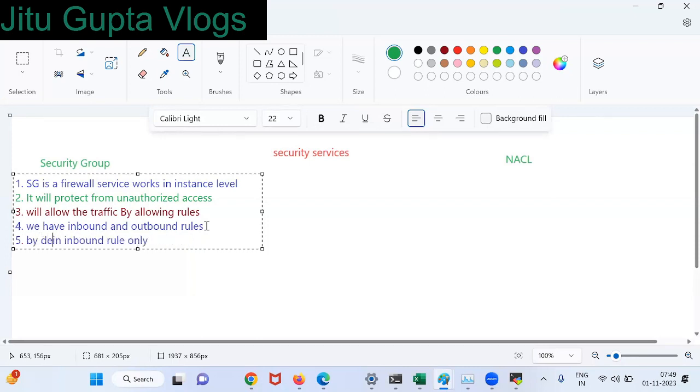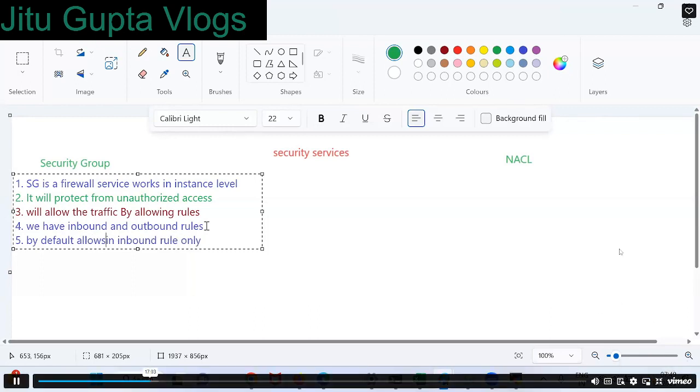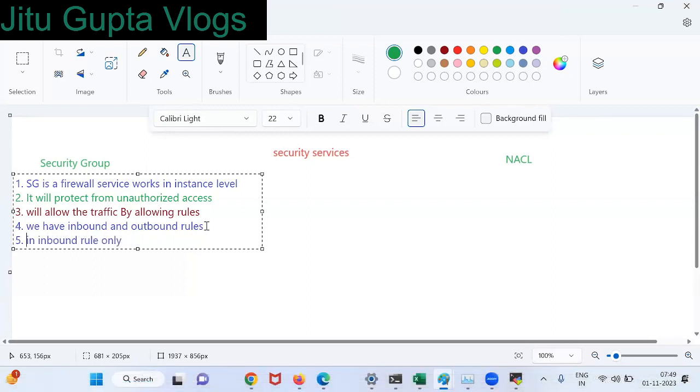By default, it allows, so correct, it will allow inbound rules only. What about outbound rules?